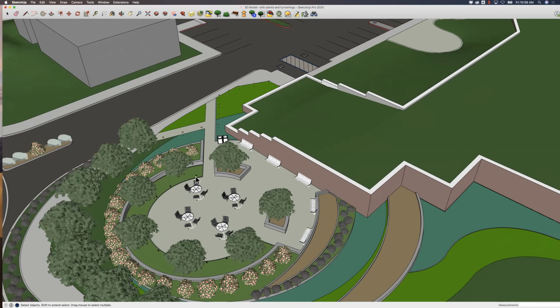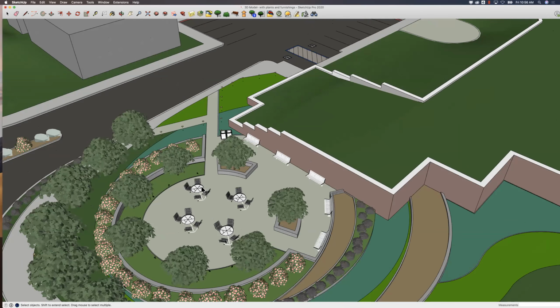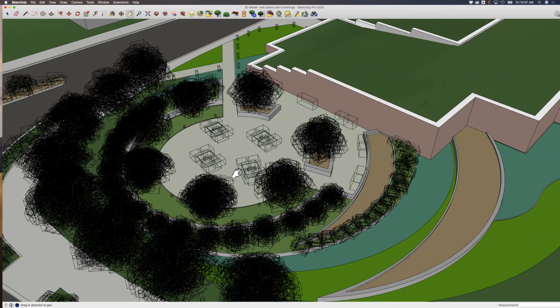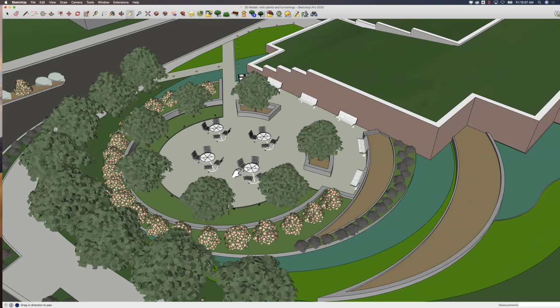So as you can see the fixtures here, I don't want to move around too much because it is a bit slow at the moment. But the models have imported into SketchUp, which is very neat. Now, if you want to get to those cool renders that I showed earlier, you'll need a different program add-on